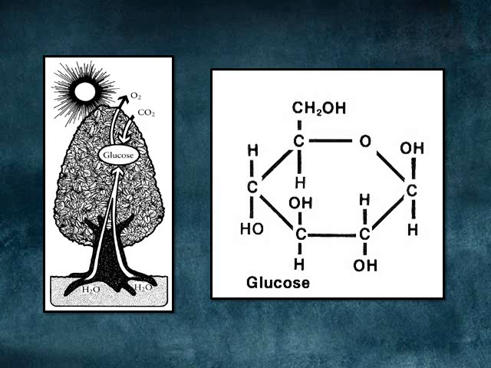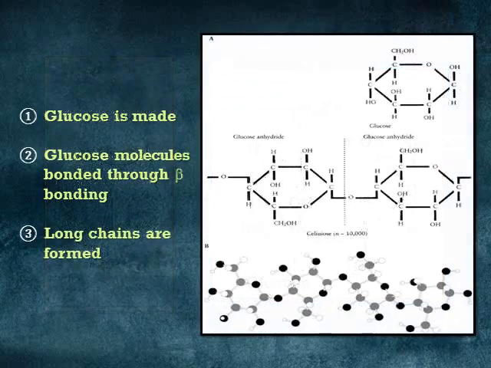The very first building block that's created is glucose, and glucose is manufactured through the process of photosynthesis. I advise you to read on in the book about photosynthesis. But that glucose molecule is just a basic sugar, and it can be turned into many different things. First, glucose is made through photosynthesis, and then it is bonded through beta bonding, and it makes